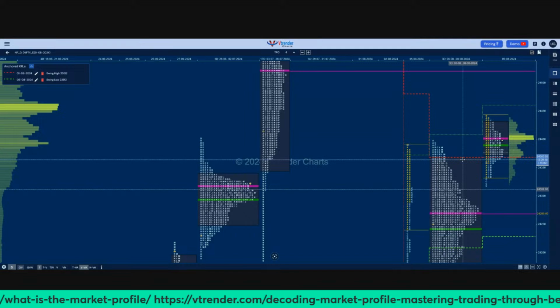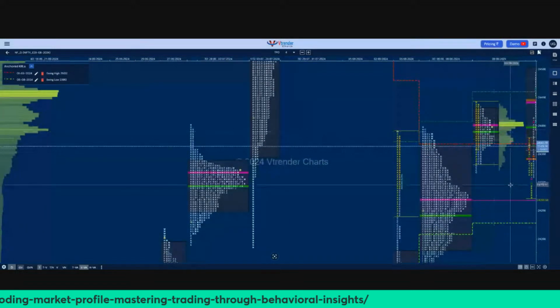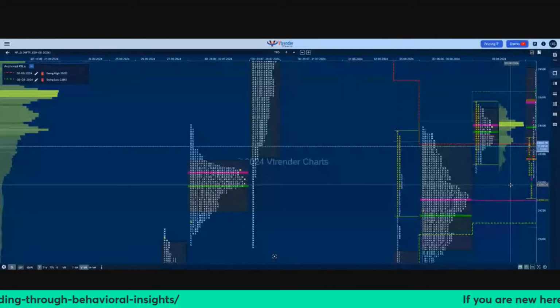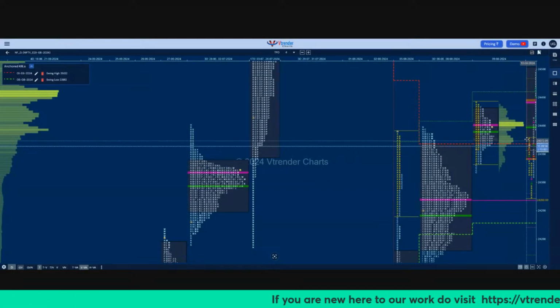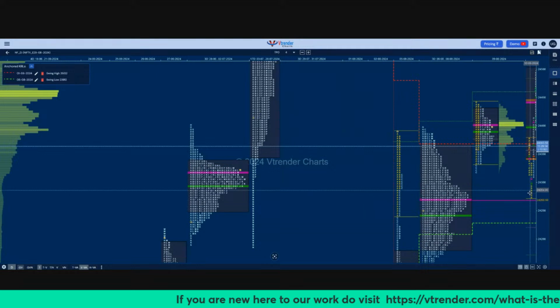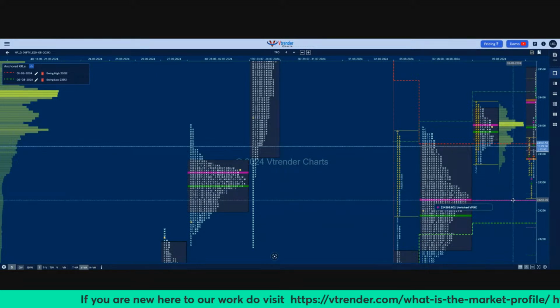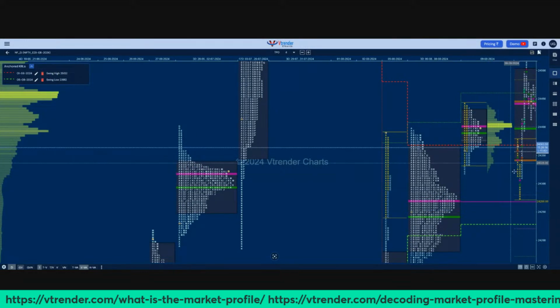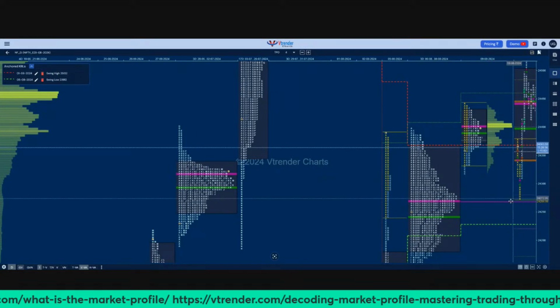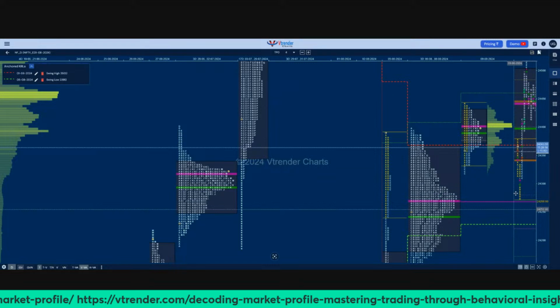was we made an open below the VWAP. We did not get any bullish signal. I'll also come to the order flow chart, and we'll see what was seen in the order flow chart at open. And then we went on to probe lower, and you can see the B period low held right at this VPOC of 24268. And once we left that buying tail, it was very clear that the auction is headed higher. And what we went on to do was probe higher,